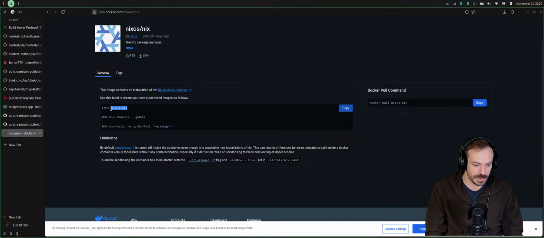Even if you have the same base container and you run commands here, most of them will produce different results depending on when you build the container image.